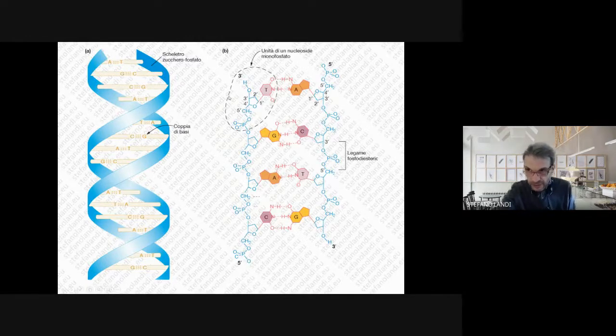First of all, this is the chemical structure, schematized and simplified. So let's have a look at this side, okay? You see that the deoxyribose is here, because at the carbon 2' you don't have the hydroxyl but only a simple hydrogen. At the carbon 1' you have the bond with the base. It can be either adenine, cytosine, thymine, or guanine. Okay. Then you remember there is the 3' with the hydroxyl, and the carbon in 5' bound with a phosphate